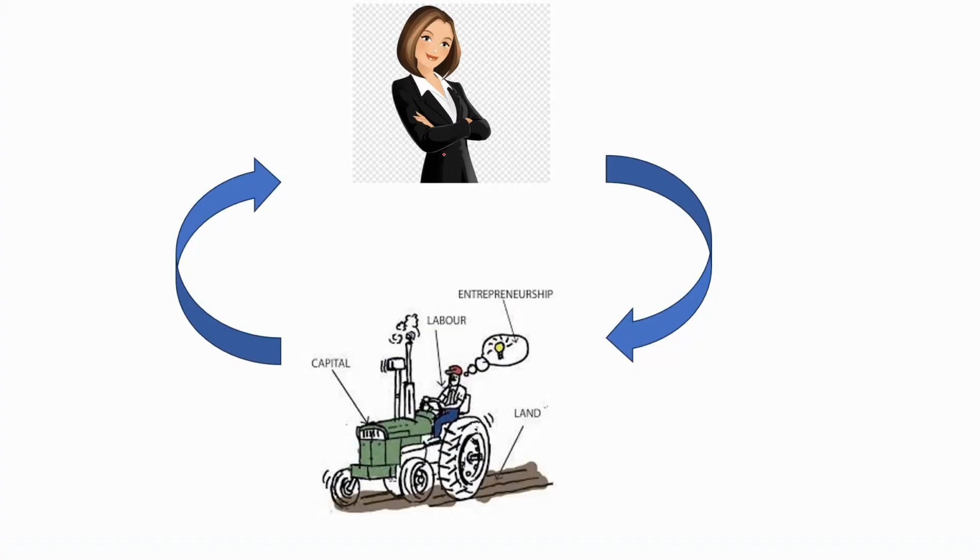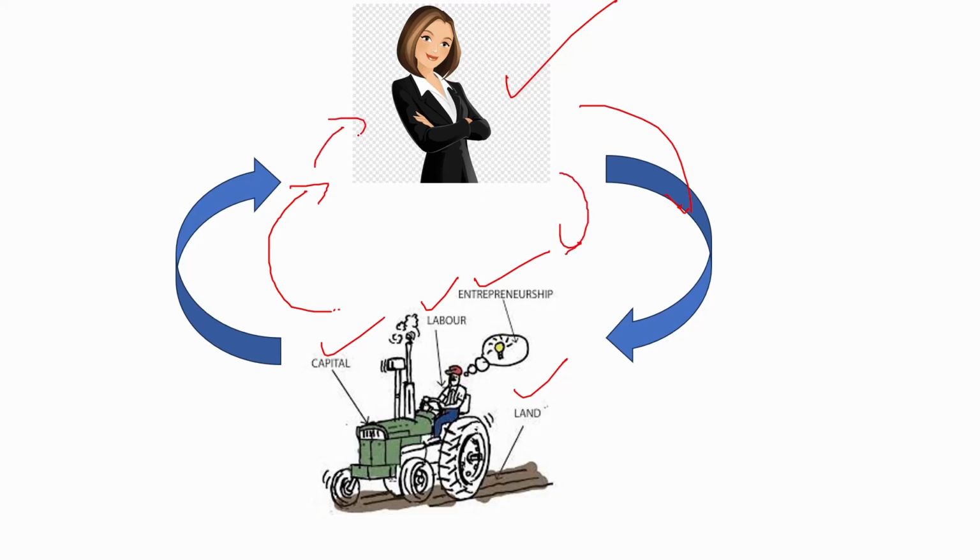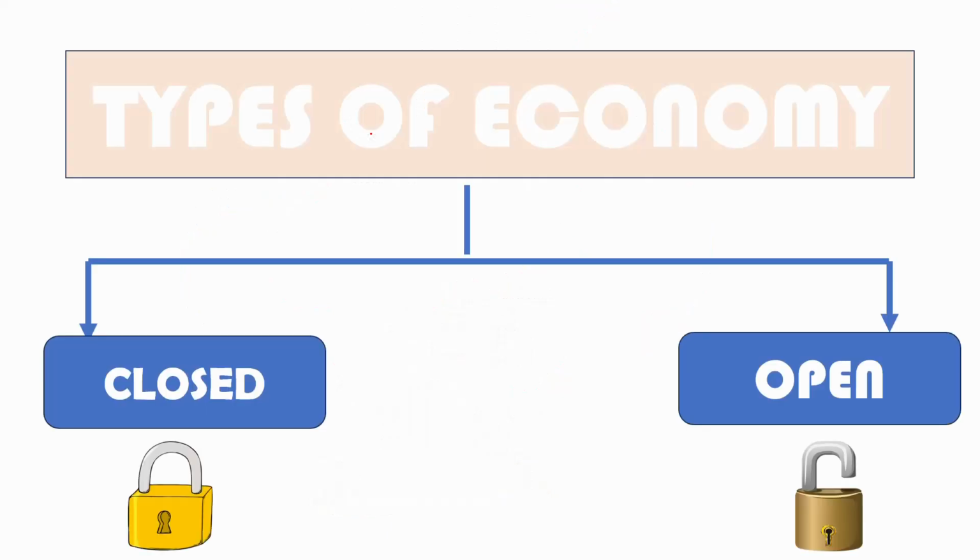This is a very basic diagram which I have drawn out for you to understand the basic meaning of circular flow. For example, this is a businesswoman. She gave out payments to the FOPs, that is factors of production, namely land, labor, capital, and entrepreneur. So she paid out wages and rent and all that. She made all the factor payments to these factors of production, and these factors of production then gave this money back in a certain form to this businesswoman. So this is a circular flow. That means the money which she gave out to factors of production came back to her. In what form it comes and how it comes, that we'll be learning in circular flow of income.